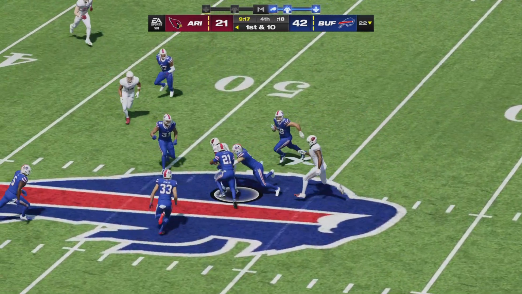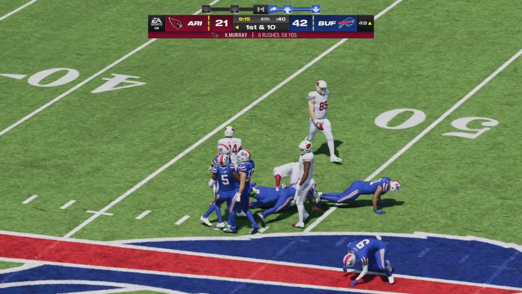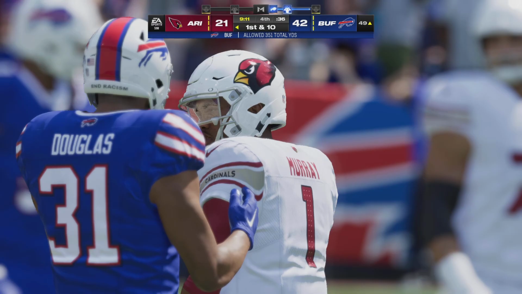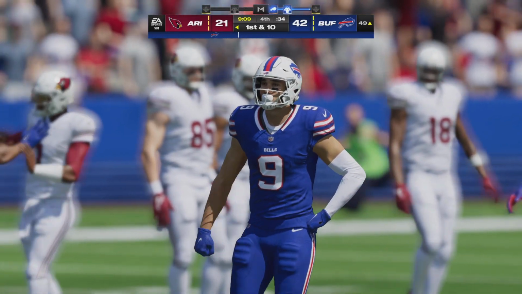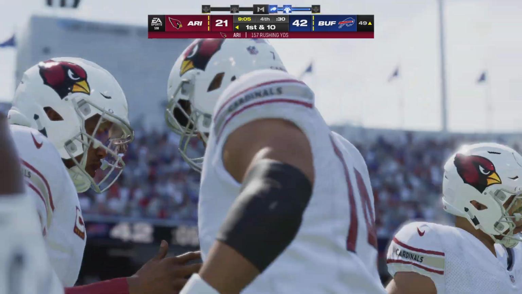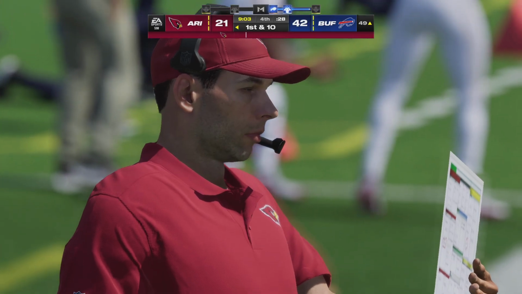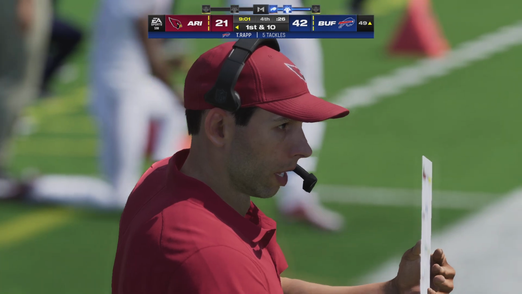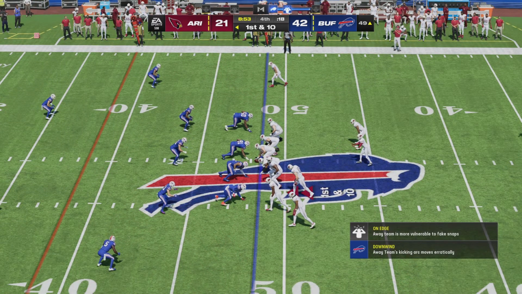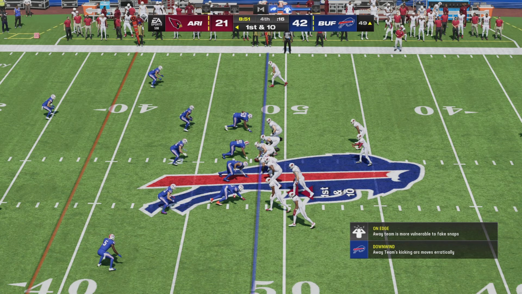And he'll be taken down, but not before they work it across midfield. Big yardage there on the scramble. It gets them a first down. This is where the NFL is headed year by year, partner. A league where just about everyone has someone under center who can get you with their legs as well as their arm. And we've certainly had a nice display of that from both QBs in this game, and that continued with that first down run.